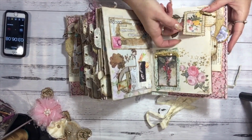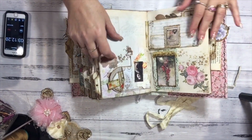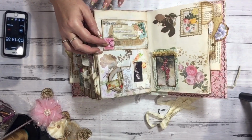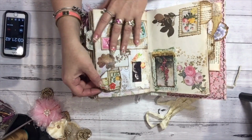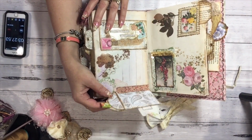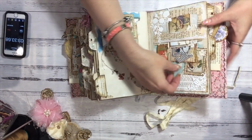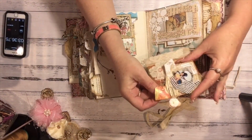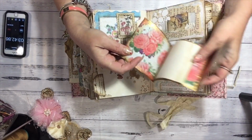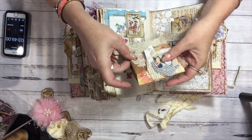Over the next page, that's a tuck spot in there. That flips up for journaling, and this flips up over, and you can journal here. That's just like an envelope. And we have a tag pull out here, and then that flips up for more journaling. Over the page, and over here we have, undo that, and that's just a journaling booklet with some coffee dyed papers, and that's just on a napkin, and